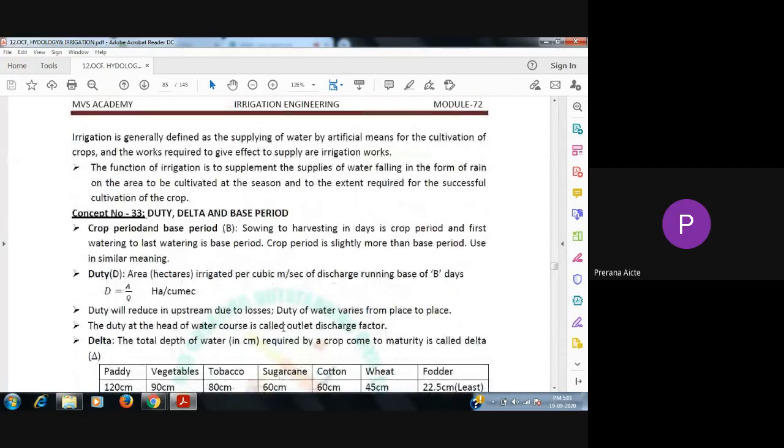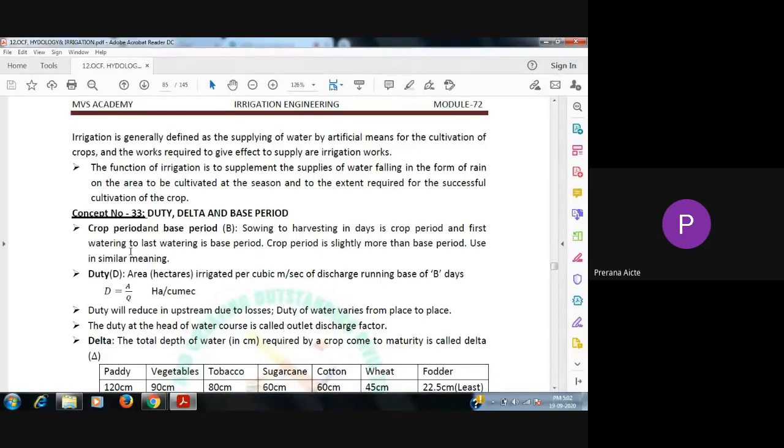So, for irrigation, first of all, you have to learn the definition by heart. Irrigation is defined as the artificial application of water. It is termed artificial because the natural means is through rainfall, so here you are applying water artificially. Irrigation may be defined as the artificial application of water to the land surface according to the crop requirements, only according to the crop requirements and not beyond them, for the entire crop period, for the full-fledged nourishment of growth. That is the exact definition of irrigation.